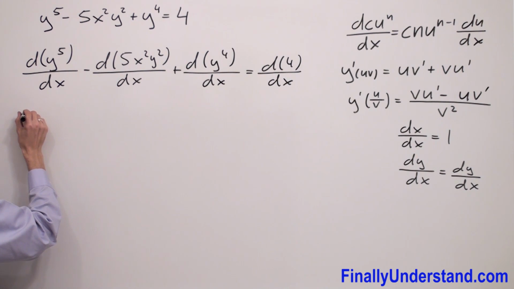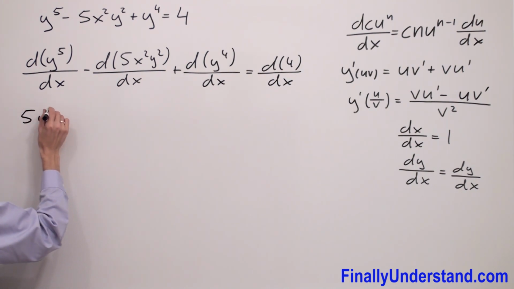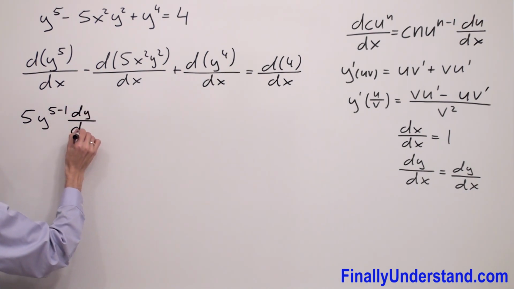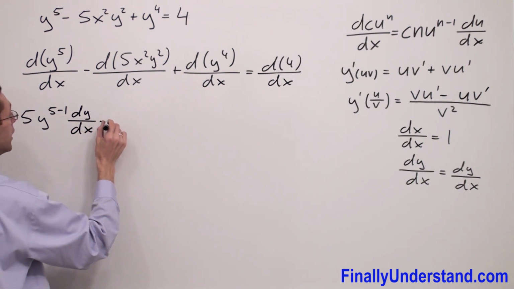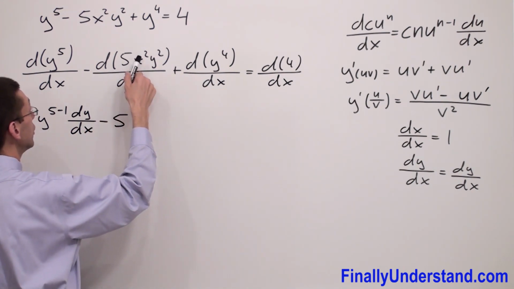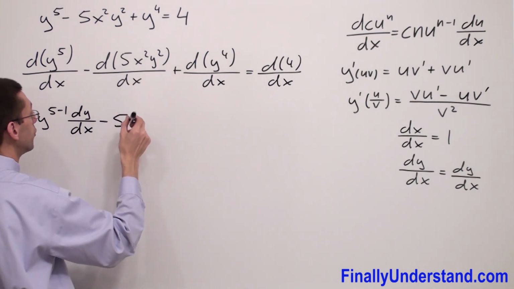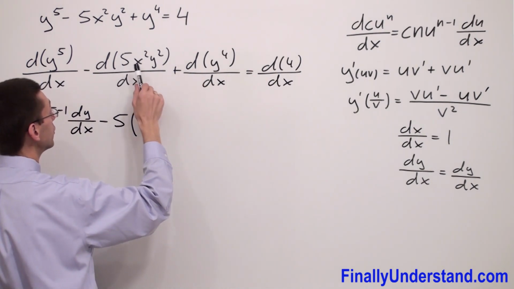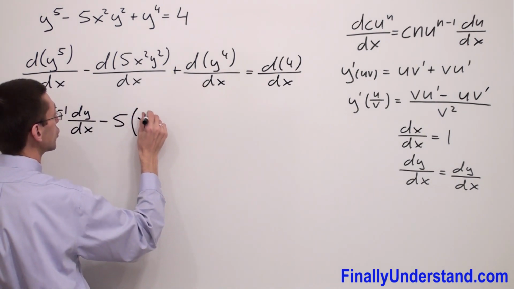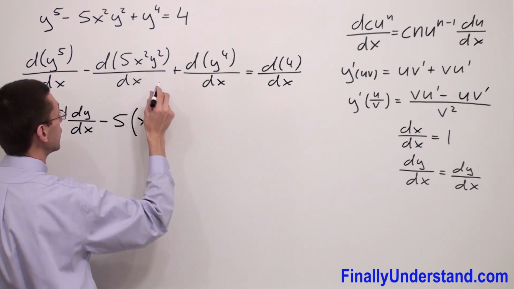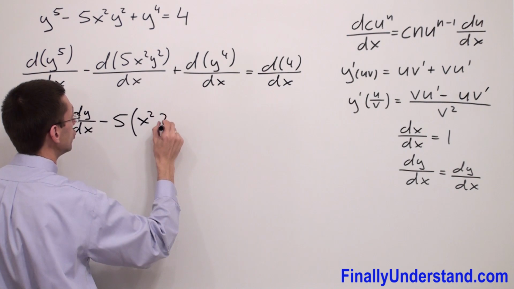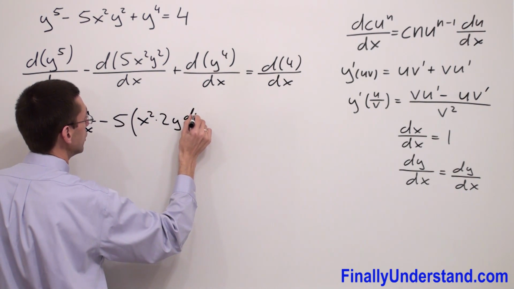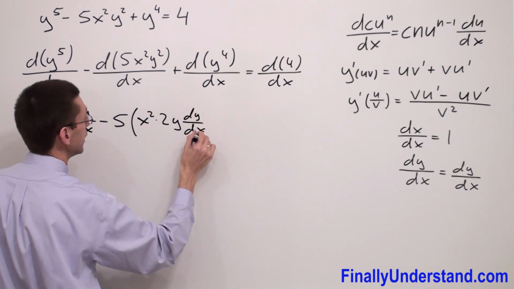I'm going to have 5 minus 1 dy over dx minus constant 5. Next I have the product of two factors. So I'm going to use this formula: first factor times the derivative of the second one. So I have x squared times the derivative of the second one. Derivative of y squared is 2y, and of course, this is multiplication, dy over dx plus